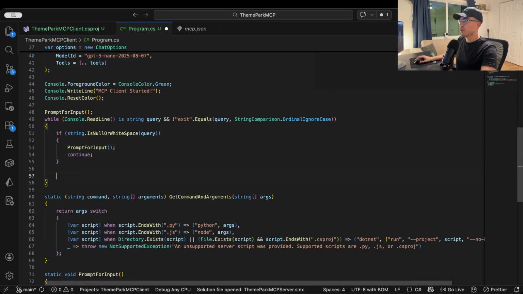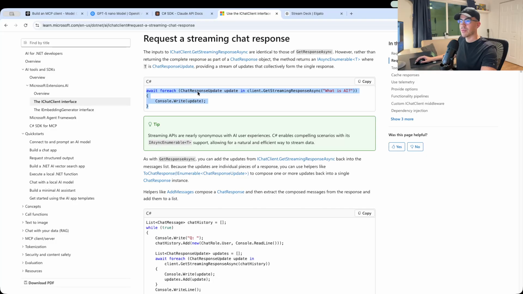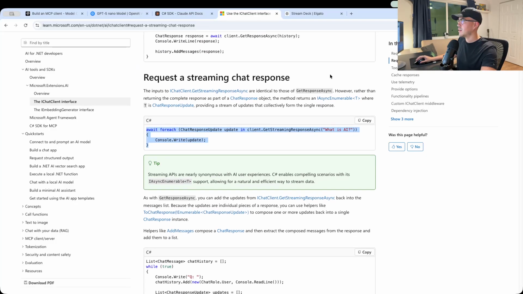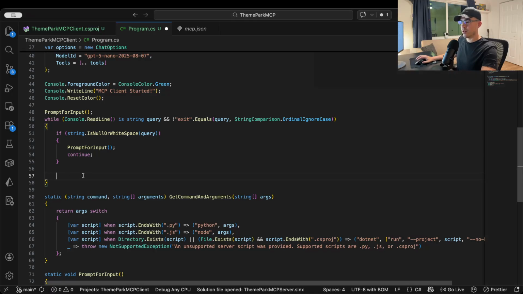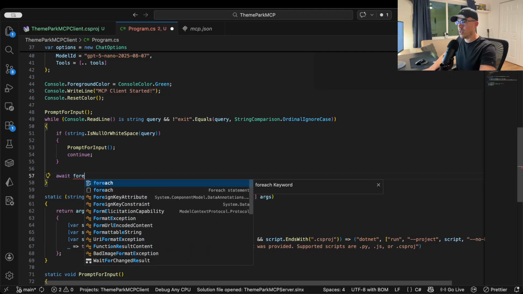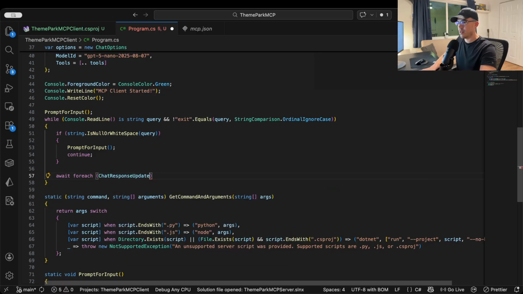And now this is where we go back to the documentation just to make sure we have all that settled. I'm just going to be referring to this, so if you see my head looking at the other screen, I just want to show you what I'm looking at. This is the request a streaming chat response. So let's go back to Visual Studio Code, and now here we're going to say await foreach ChatResponseUpdate update in